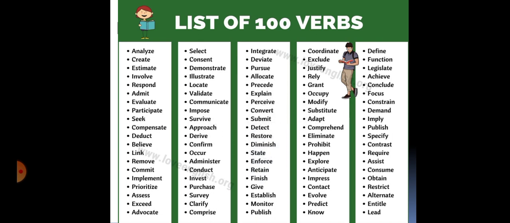List of 100 verbs. Analyze, create, estimate, involve, respond, admit, evaluate, participate, seek, compensate, deduct, believe, link, remove, commit, implement, prioritize, assess, exceed, advocate, select, consent, demonstrate, illustrate, locate, validate, communicate, impose, survive, approach, derive, confirm, occur, administer, conduct, invest, purchase, survey, clarify, comprise, integrate, deviate, pursue, allocate, proceed, explain, perceive, convert, summit, detect, restore, diminish, state, enforce, retain, finish,